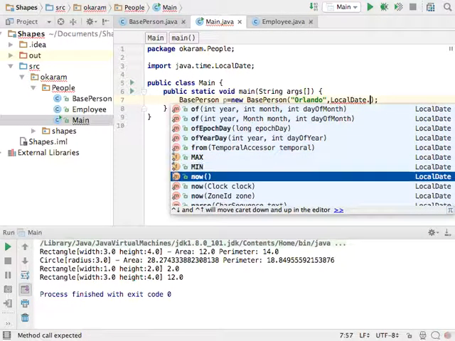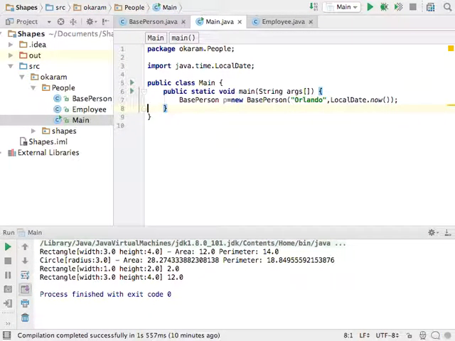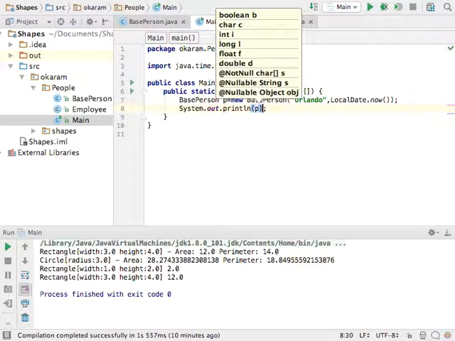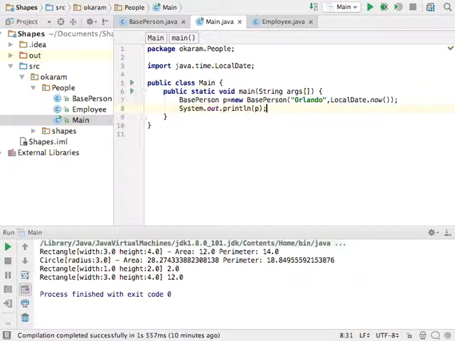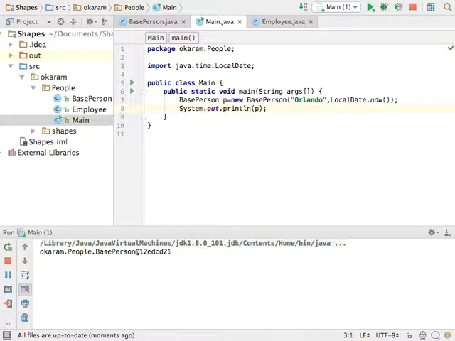No. Oops. This guy. And we get the default toString, which is horrible. So we can actually have